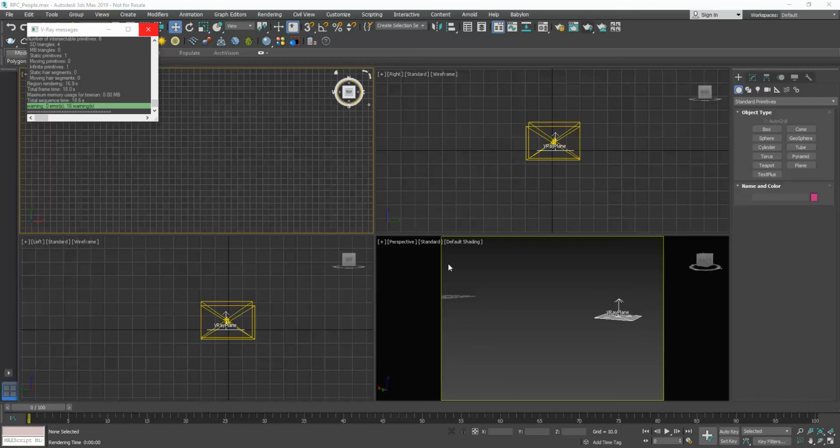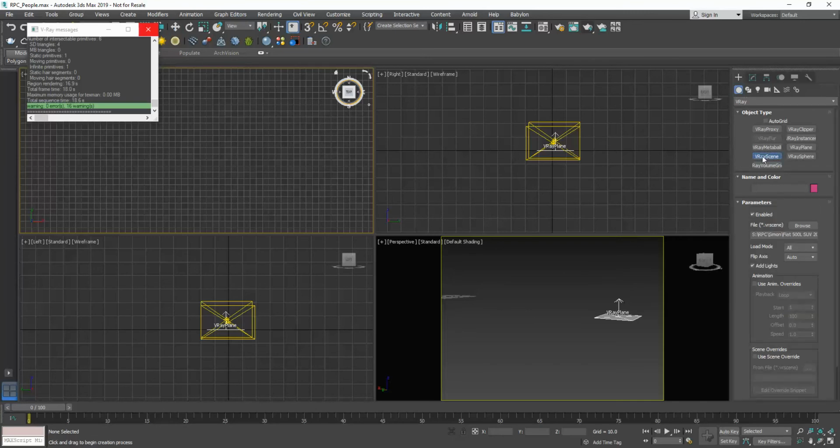Alrighty, I just want to show you a quick example of how to add in a VRSCENE file. So I'm going to go to the menu over here in 3ds Max, and I'll click down on this menu item and I'll go to V-Ray, and under the object type under V-Ray I'm going to select VRSCENE file,